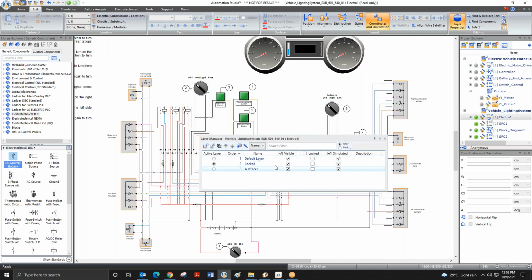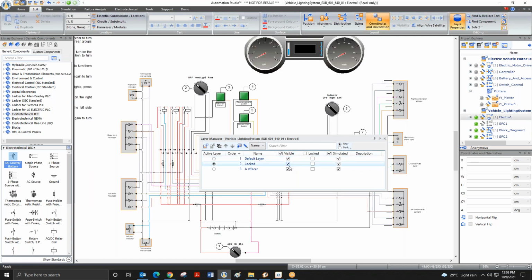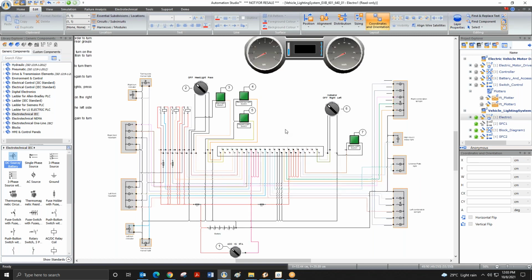Even the layers and the circuits and subcircuits have the option of simulation also. You can select which layers you want to simulate, or if you draw the circuit, you can make the particular layer visible or invisible. Perfect. Thank you. Got it.